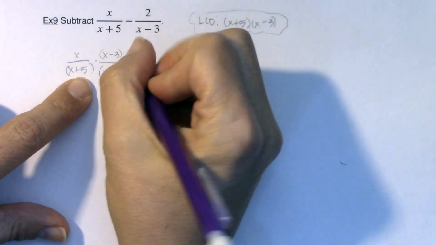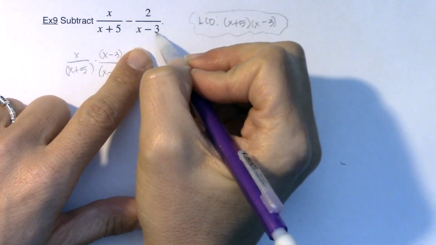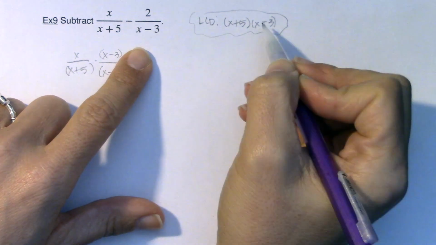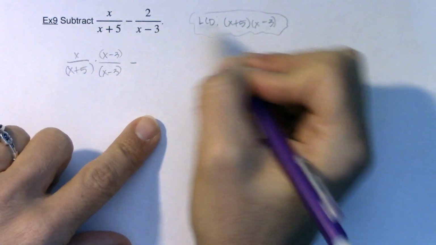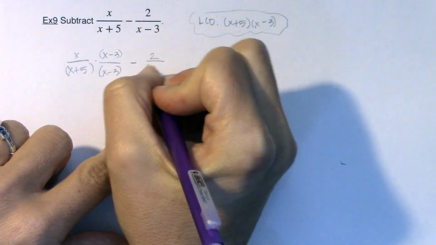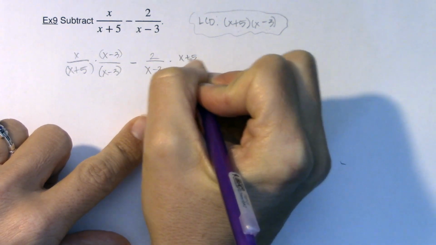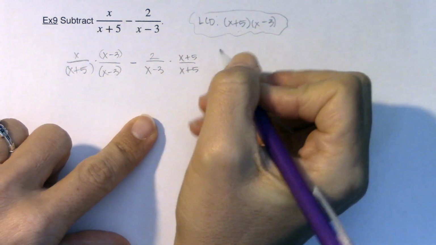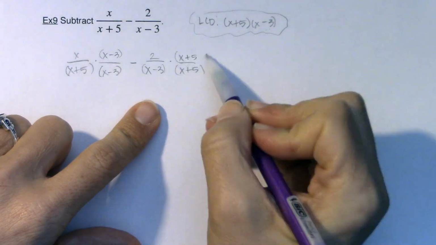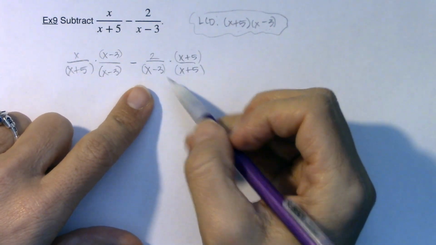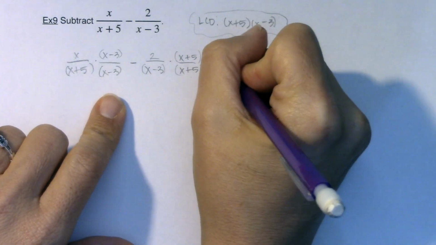Okay. Now I'm going to put the subtraction sign, and when I look at my second fraction, the denominator is x minus 3. If we compare that to the LCD, you can see I'm missing a factor of x plus 5. So I'm going to take this fraction of 2 over x minus 3, and I'm going to multiply it by x plus 5 over x plus 5. And just so that I'm careful, I'm going to protect those binomials so that we remember they are binomials. And so now that I have a common denominator,